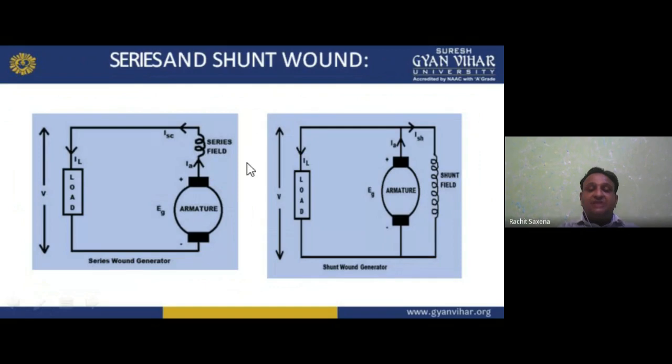In this we have the series. We are connecting this field winding in series, so it will take the current from the armature directly. But if I am talking about the shunt, it is connected in parallel, or shunt, to the armature. Okay, so I hope you understand. This is the series field, this is the shunt field, and they are totally based on the phenomenon of residual magnetism, remaining magnetism in layman language.